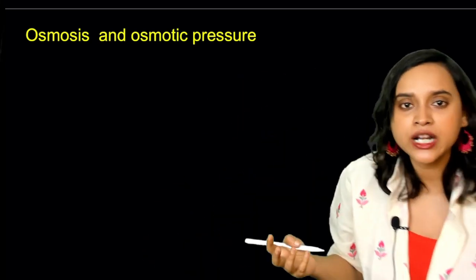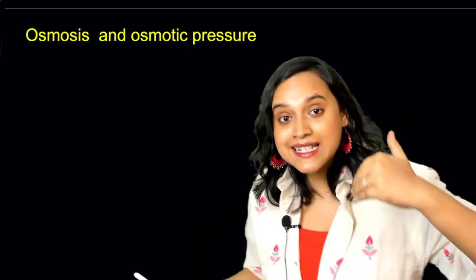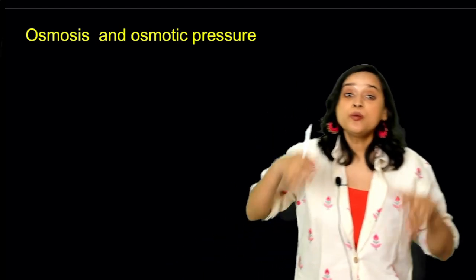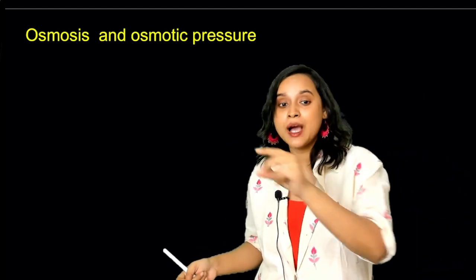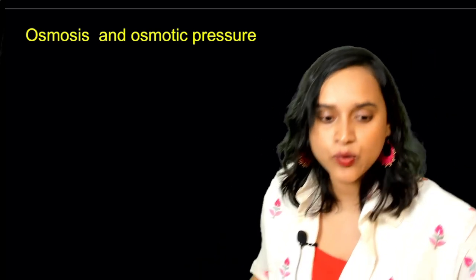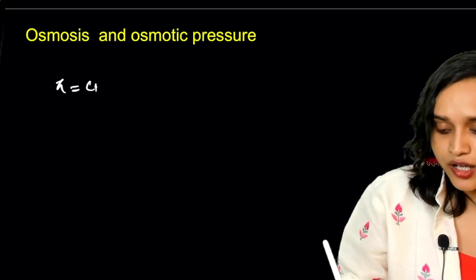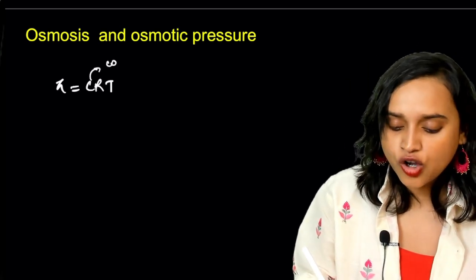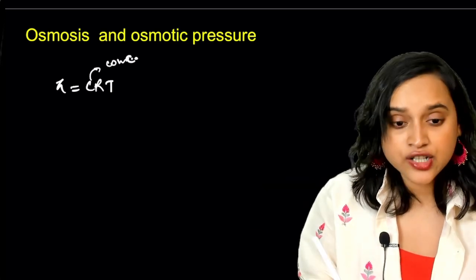So what is osmotic pressure? Osmotic pressure of a solution is basically the excess pressure that you have to apply to a solution to prevent osmosis. Now you want to stop the osmosis. You don't want the osmosis to happen. So that will be your osmotic pressure. Yes, what is the expression? The expression here is pi is equal to CRT. Now tell me, what is C? C is actually your concentration. Molarity is also concentration. Do you guys know this?